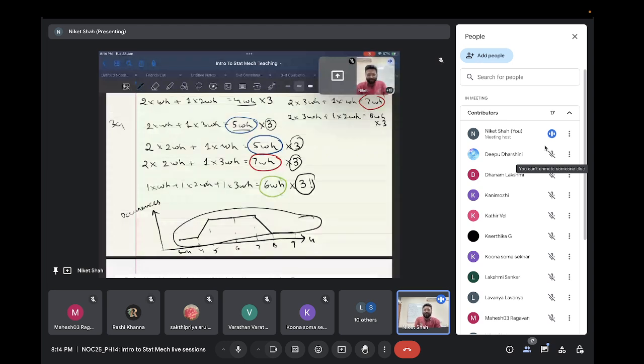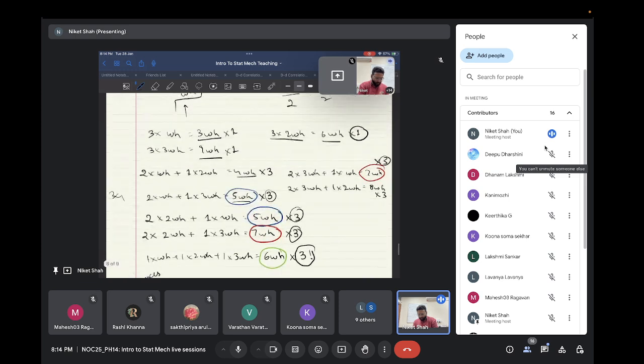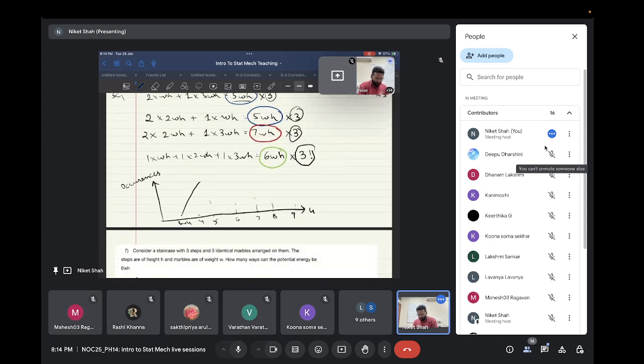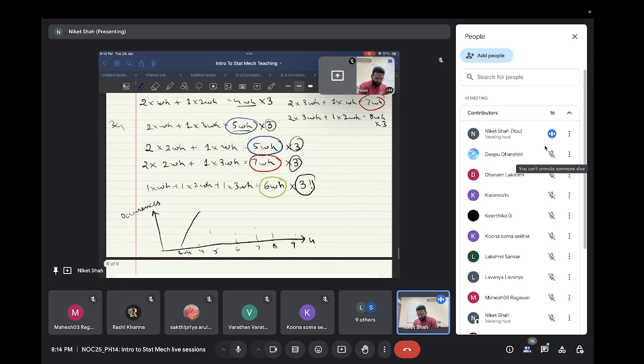But when you have to consider them to be different people, you also have to consider the possibilities or permutations within them. Like person number one is on one staircase, and persons two and three are on some other staircases. So this will give you further combinations within that. So this graph changes. It becomes, say, 1 here, then directly for 4Wh it starts jumping. It jumps to 3. At 5Wh it becomes 6.